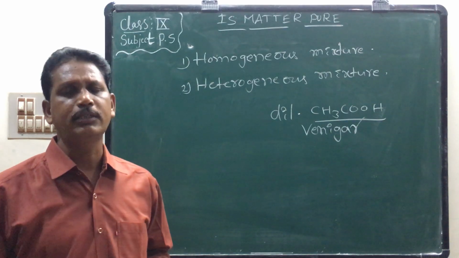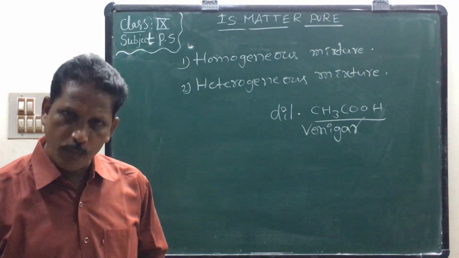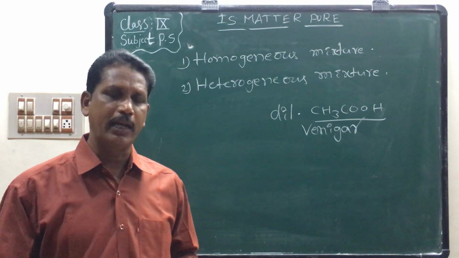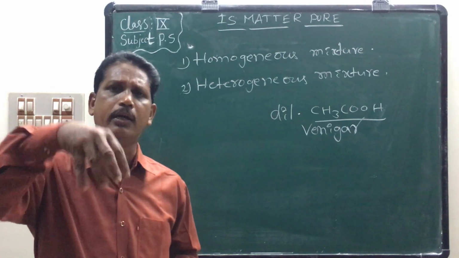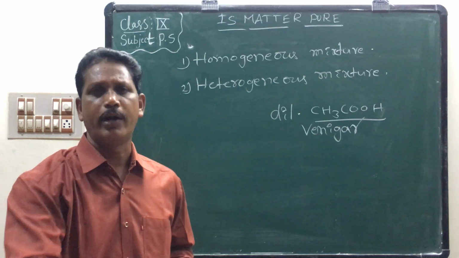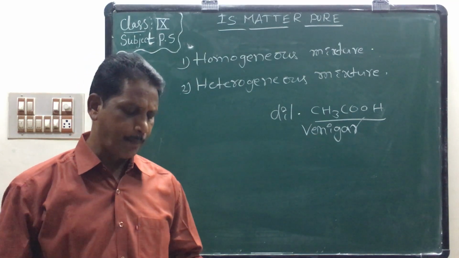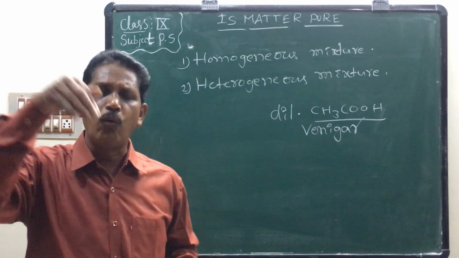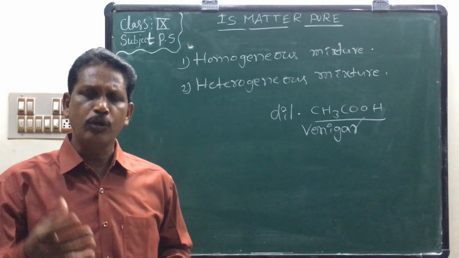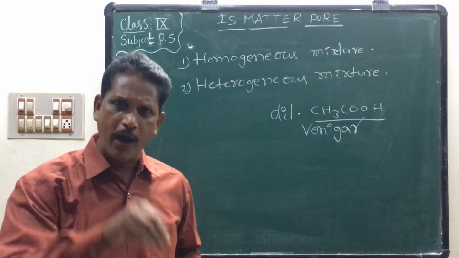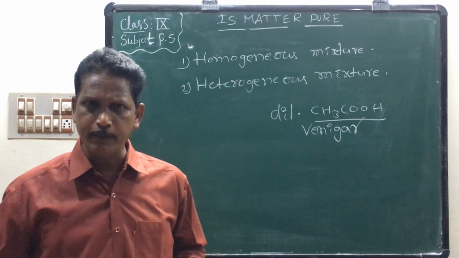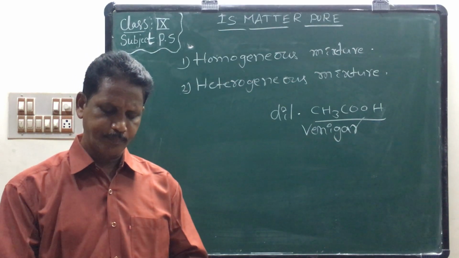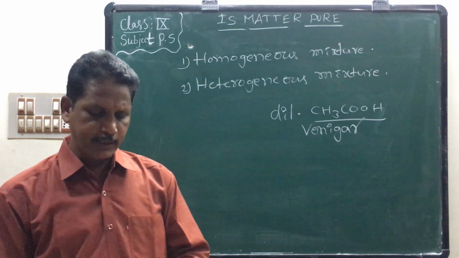It is a homogeneous mixture. It tastes the same throughout. The lemon water has the same taste throughout the entire lemon water. The particles of sugar, lemon juice and salt are evenly distributed in the water uniformly, so dissolved in water uniformly. That mixture is called a homogeneous mixture.